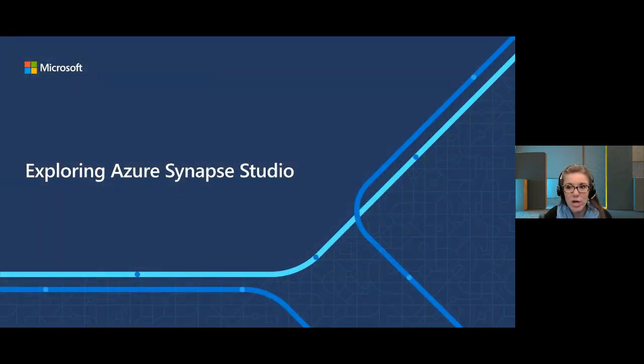Let's have a closer look at Azure Synapse Studio, which is our web native experience. It brings everything together in regards to building analytical solutions end to end. It's truly one place to do every task. Within Synapse Studio, we have the ability to write code, author data pipelines, and even author Power BI reports.